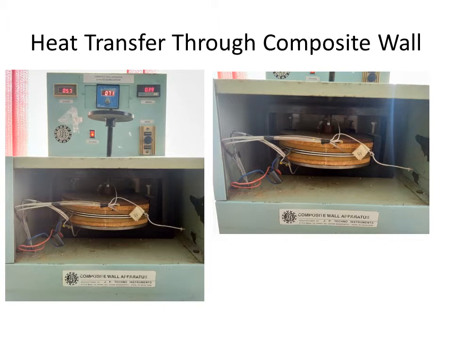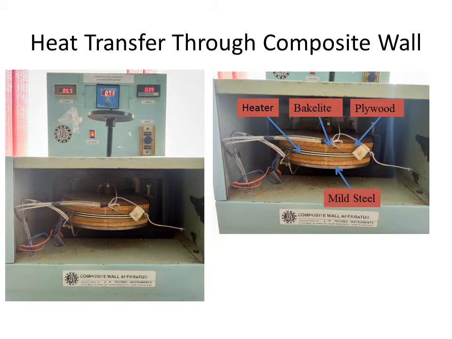Description and specification of apparatus. Description: the apparatus consists of a central heater sandwiched between two sheets. Three types of slabs are provided on both sides of the heater which form a composite structure. A small hand press frame is provided to ensure perfect contact between the slabs. The dimmerstat is provided for varying the input to the heater, and measurement of input is carried out by a voltmeter and ammeter.